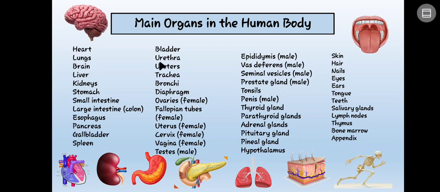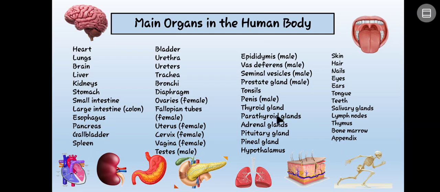the bladder, which is the urinary bladder, the urethra, the ureters, the trachea, the bronchi, the diaphragm, the ovaries for the females, the fallopian tubes, the uterus, the cervix, the vagina in females, testes in males, epididymis in males, vas deferens in males, seminal vesicles in males, prostate gland in males, tonsils, penis in males,